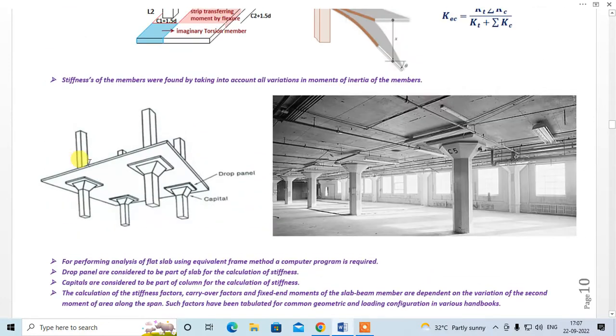we are having a square column, then the plan of this capital head should be square. If we are having a rectangular column, then the plan of this capital head should be rectangular. If we are having a circular column, then the shape of this capital should be circular in plan, right? If you are having a hexagonal column, then the shape of this capital in plan should be hexagonal. Okay, so you have to keep the geometry same. That is what the code says, right? Okay,